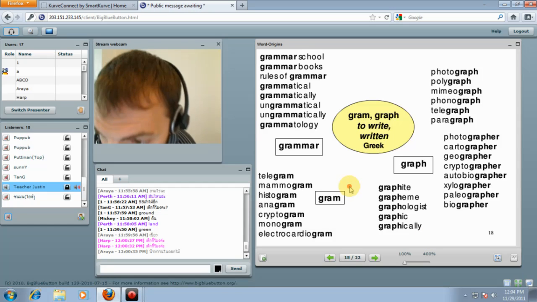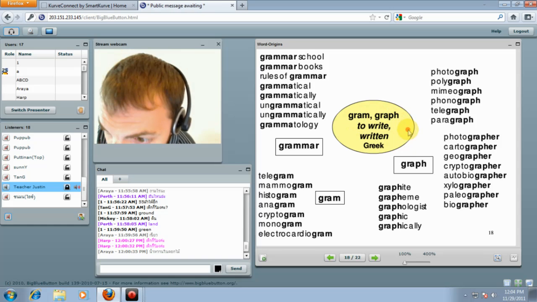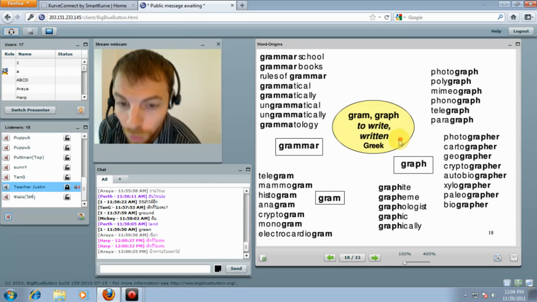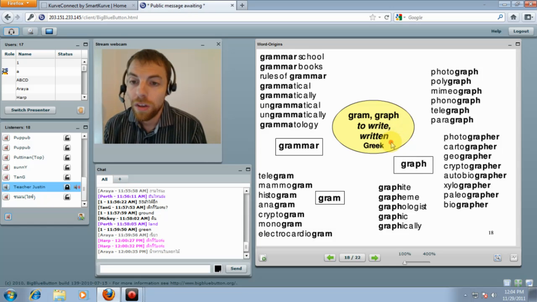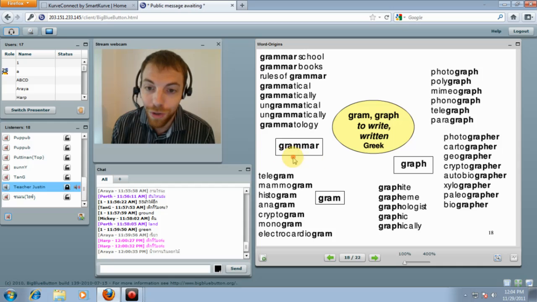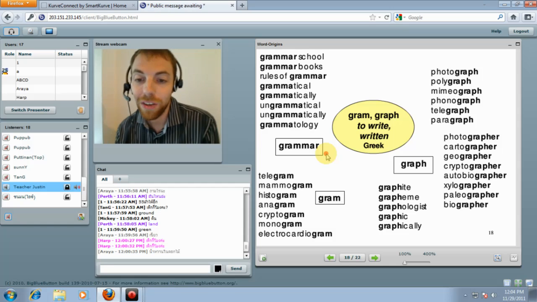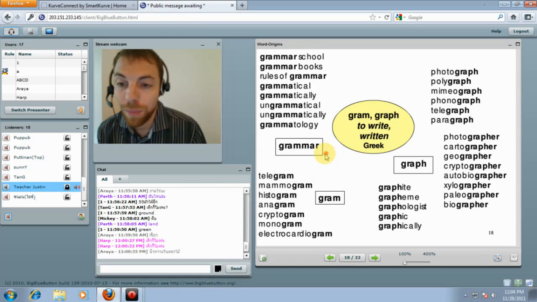Okay, let's see. So here we have, talking about gram and graph is to write or written. So you will find many words. One word that I think everyone should know is grammar. Right? We all know about grammar and how crazy English grammar can be. But grammar comes